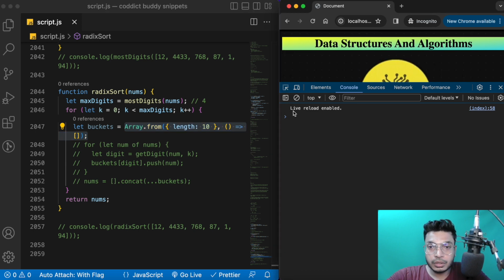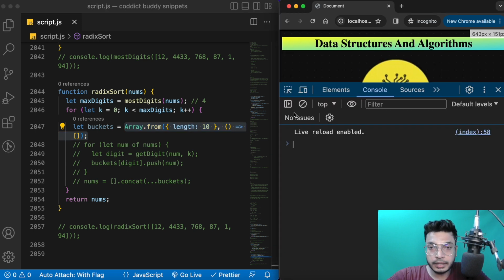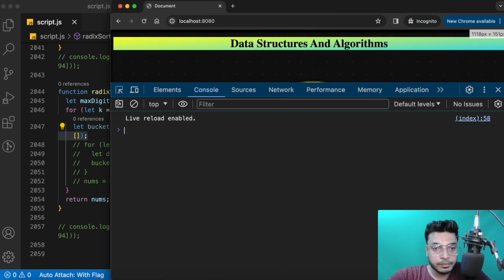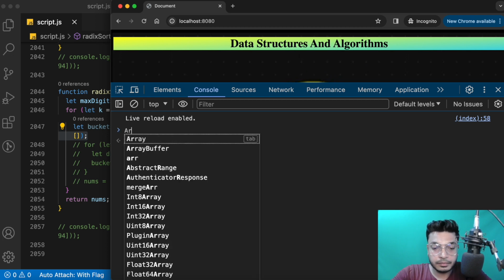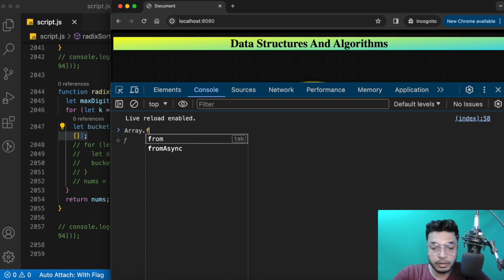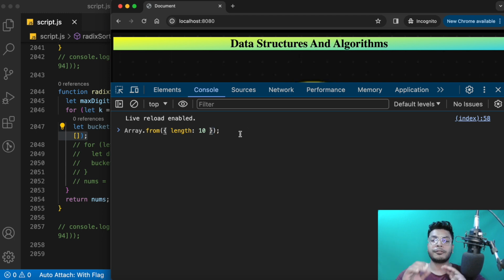Okay, so let me quickly zoom in a little bit. So how it will be like, Array.from. Okay, or I think I have copied it already, so why can't I just paste it? Okay, so he said we want an array of like 10 indexes. So if I call it like this, if I store it in some array, let ar equal to, okay,